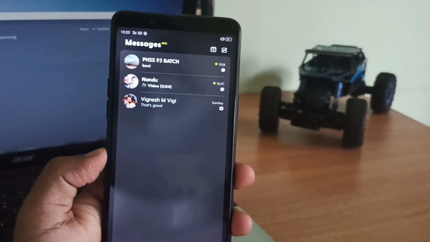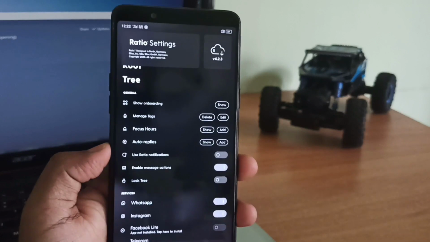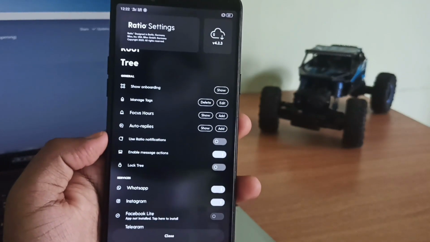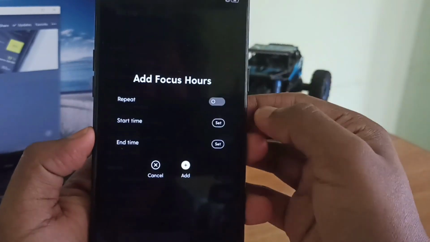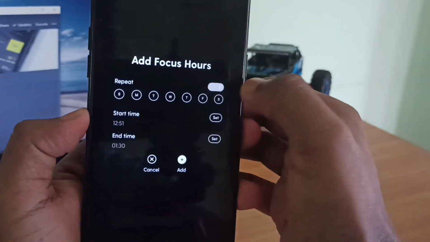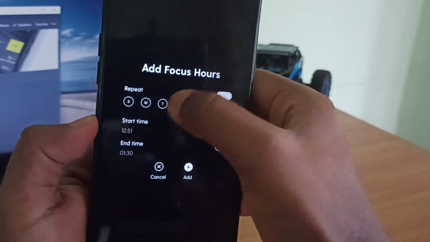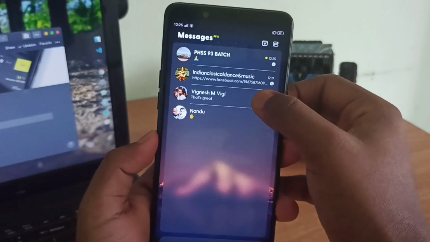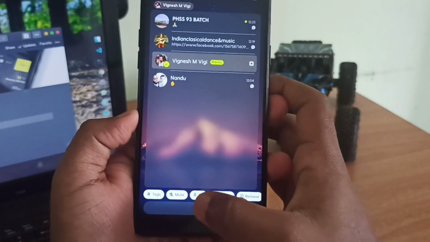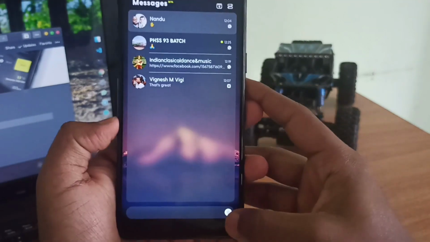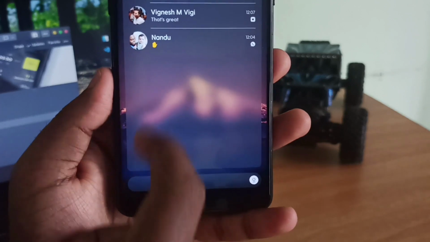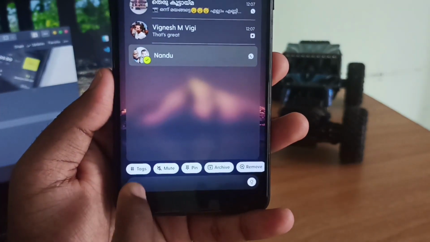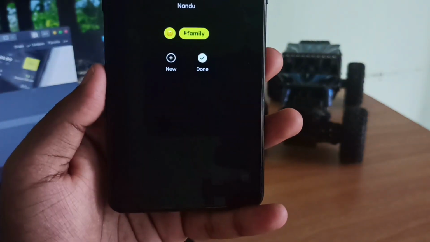Anyway, this page not only integrates different messaging apps, but it also has some other features that help you to effectively use your messaging apps. Like you can add a focus hour, and when you enable this focus hour, then all the notifications from those four apps are automatically disabled. Here you can also pin the most important people so that you can easily access them. Now you can also sort or categorize your conversations using tags. Like for family members, you can create a tag called family and then add family members to that family tag.